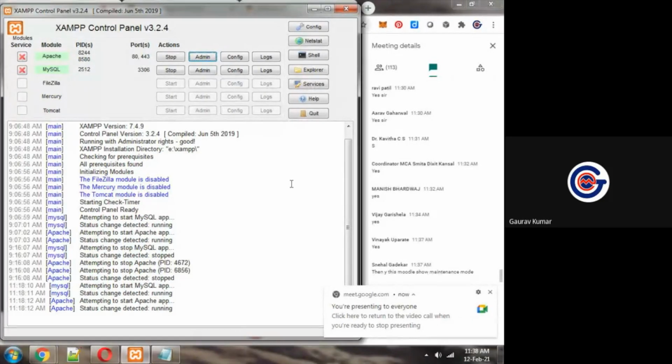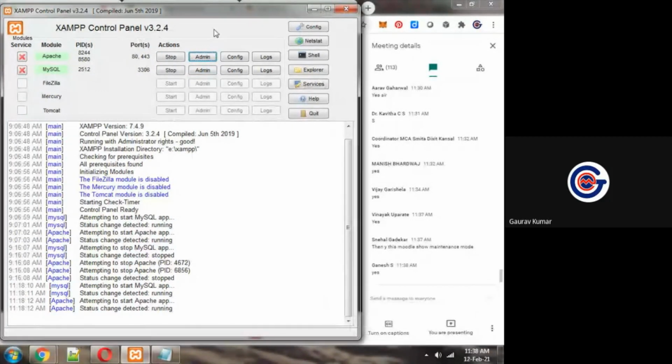Is this visible to all participants? By which way can we use a custom version of Moodle LMS? Yes, sir. Okay, so what do we do? This is the XAMPP control panel. We start this. I have already started this. If I stop this, my server will be down.